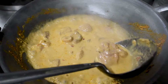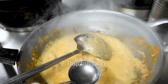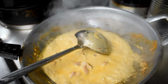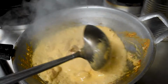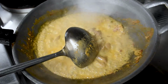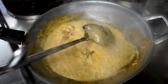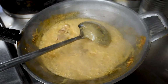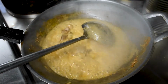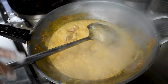After you see duck have cooked, now you put the taste. Fish sauce, 2 tablespoon of fish sauce. Three-quarter spoon of palm sugar. Let me taste first. That was it. อร่อย